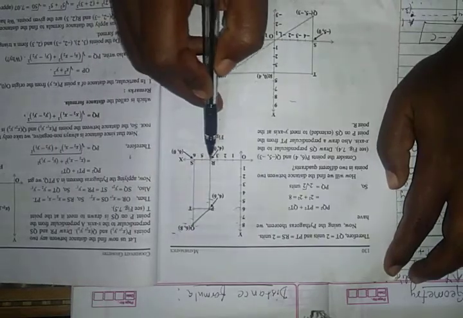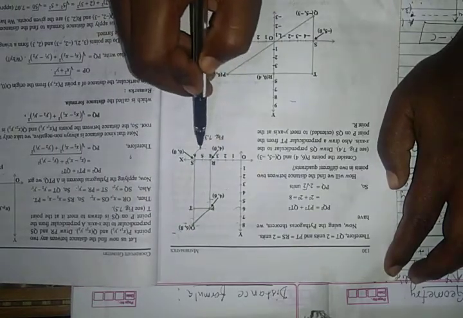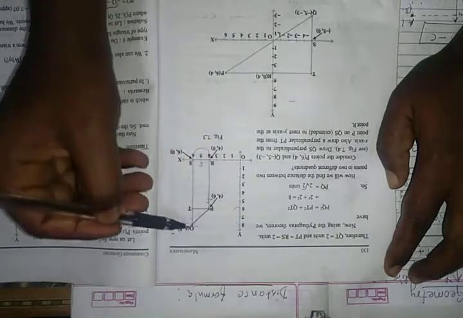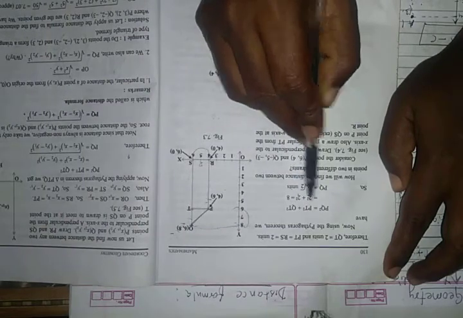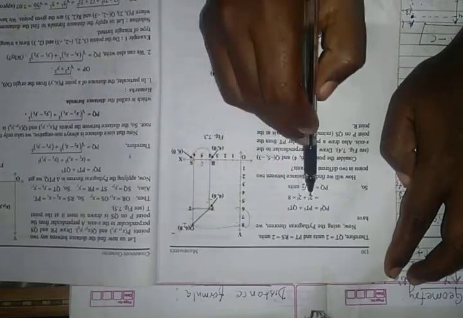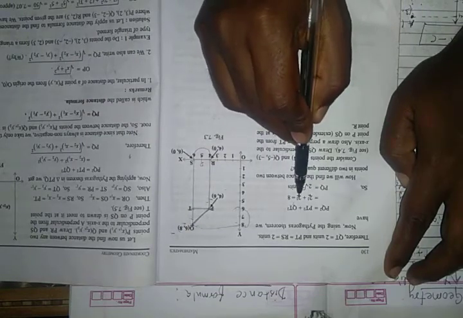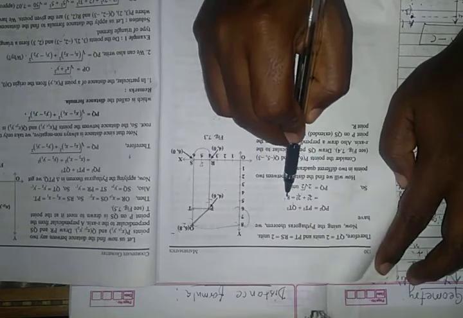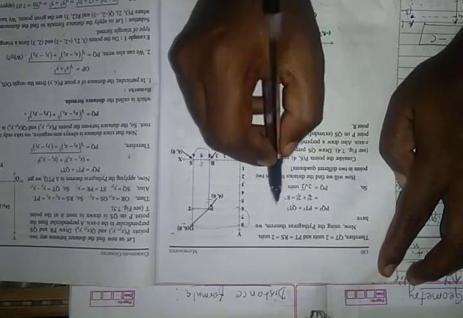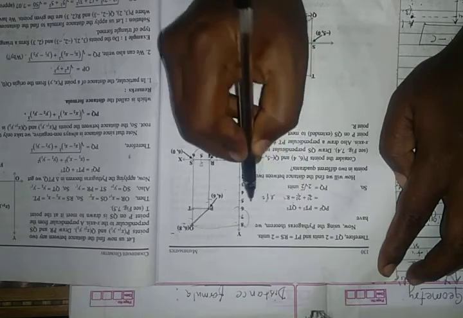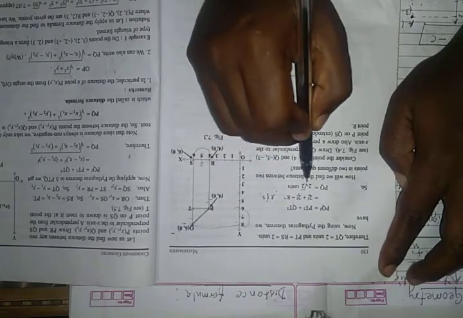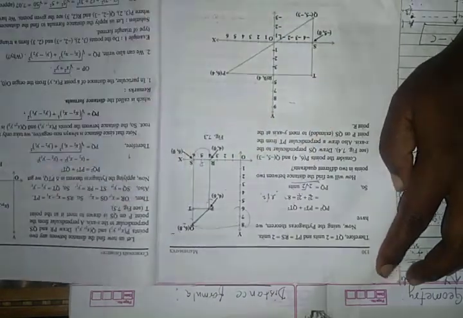Easily you can find it by using Pythagoras. What is the distance between PT? That is 6 minus 4 is 2. And what is the distance between QT? Here also 8 minus 6 is 2. By using the Pythagoras theorem, 2 square plus 2 square, PQ is the hypotenuse, 2 square is PT square plus 2 square is QT square. 2 square plus 2 square is 4 plus 4 is 8. PQ is root 8, in the simplest form 2 root 2, that is root of 4 into 2 is 8. So the distance between PQ is 2 root 2.